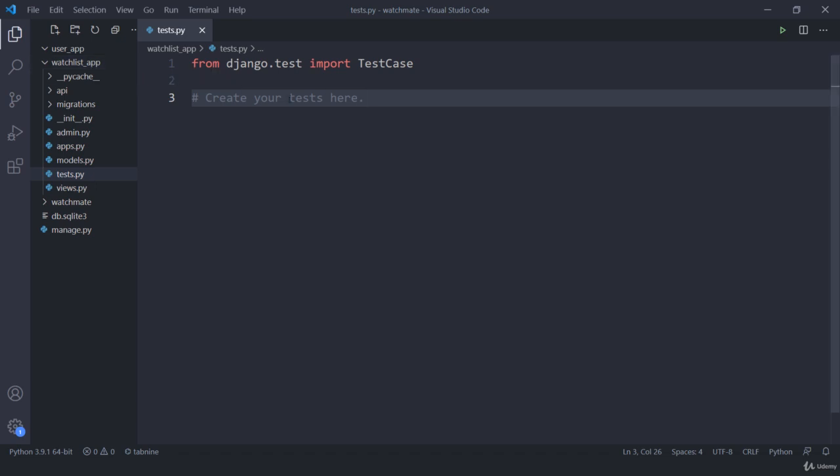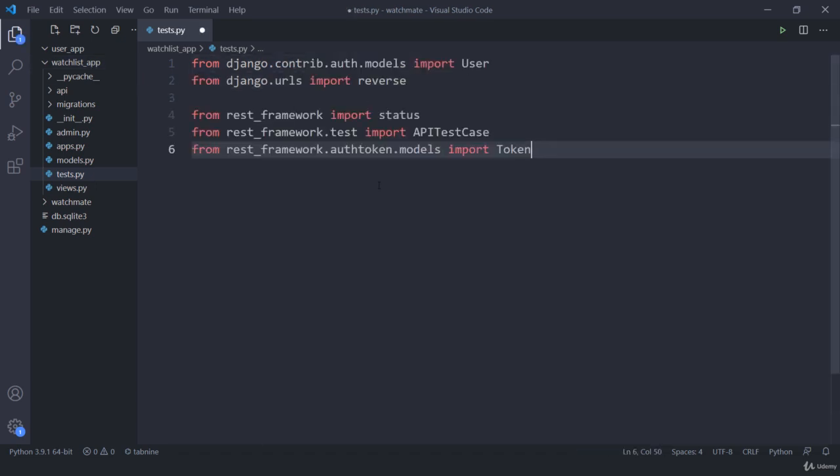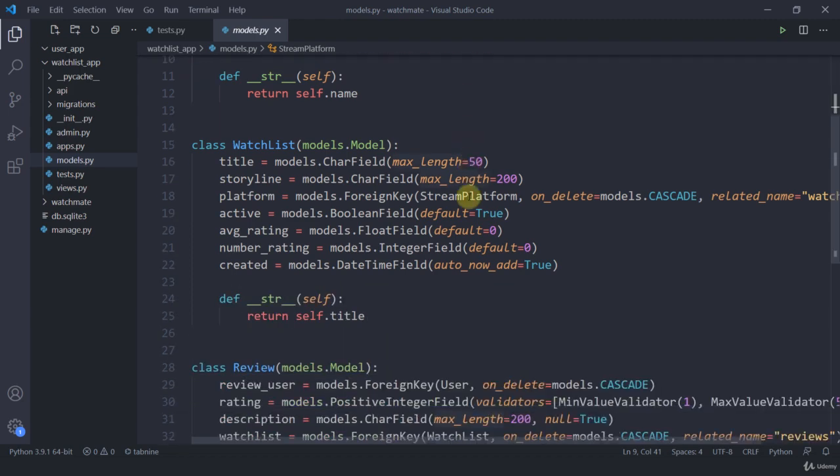So what I'm going to do is, the first thing I'm going to do is import everything here, and then I'm going to start working with our streaming thing, our watchlist thing, as well as our review thing. So if you jump onto your models now, and if you remember the sequence,